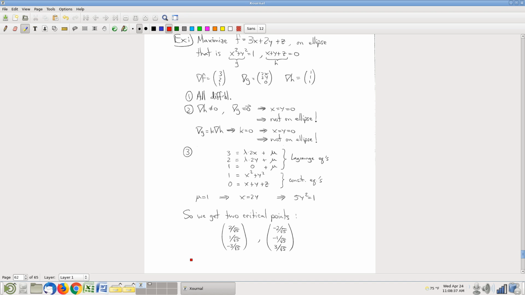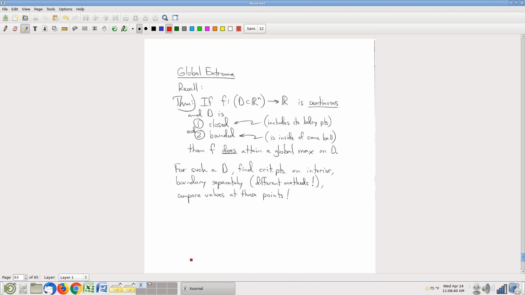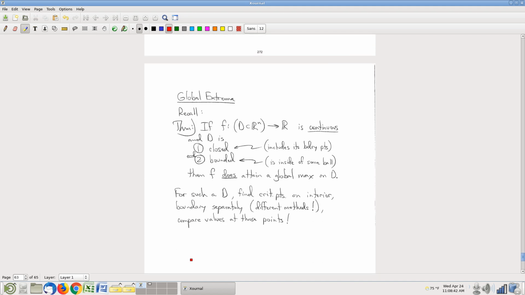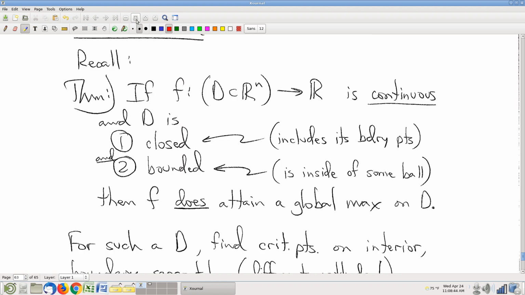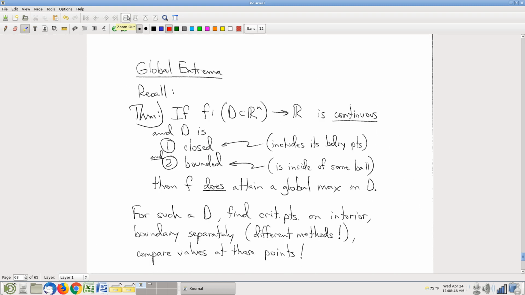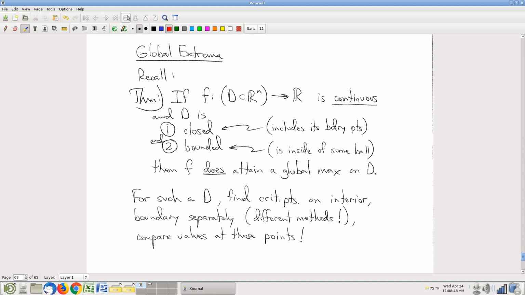Okay. This example here is a two constraint problem. Global extreme is also not on the final exam. I want to say a couple of quick words about it, though, just because it'll help me get to the next example that I do want to talk about in the very little time I have left. And that is that